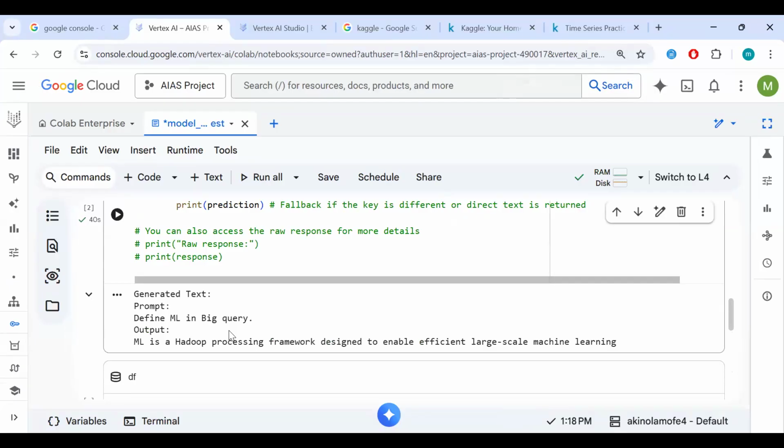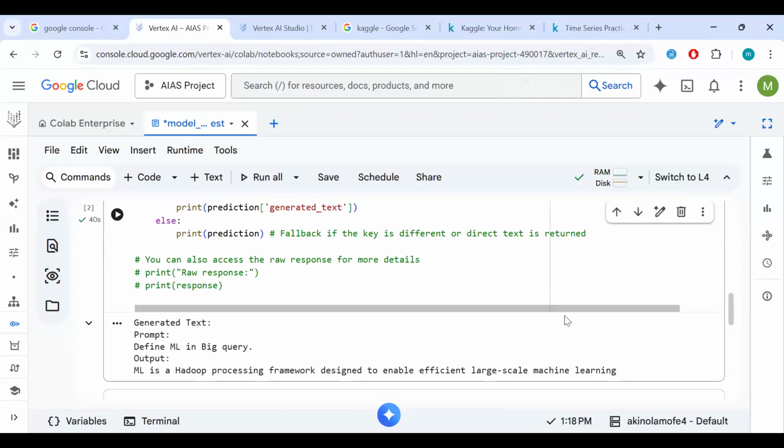All right. We could have added more parameters, but let's see. So prompt: define ML in BigQuery. Output: ML is a hardware processing framework designed to enable efficient large-scale machine learning. So this is a basic definition, and it works.